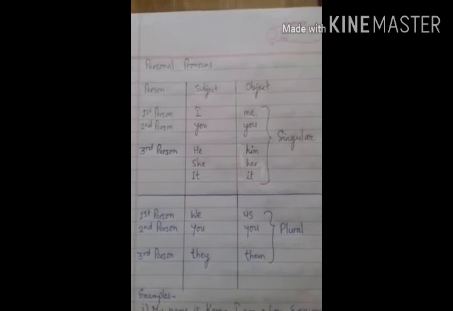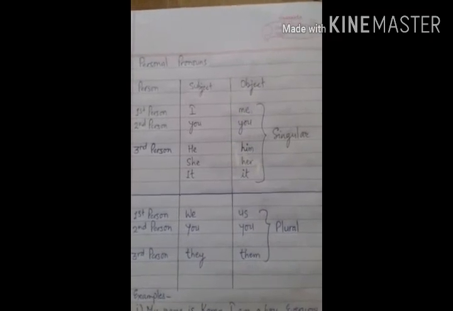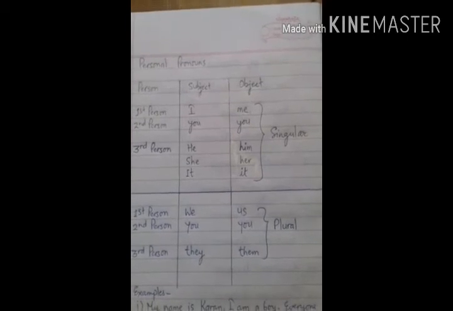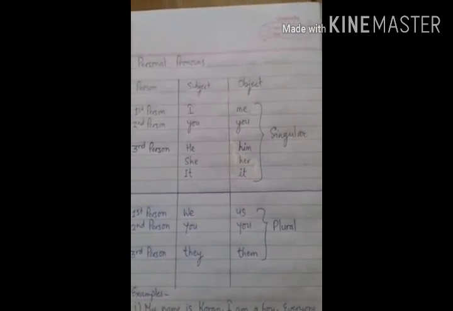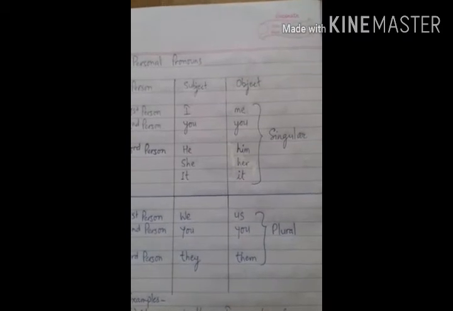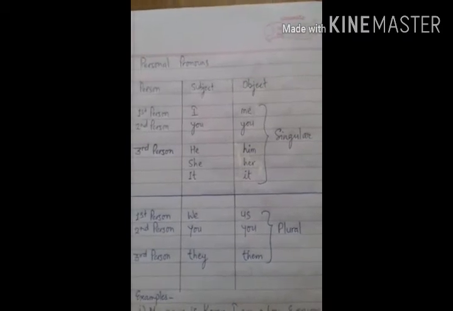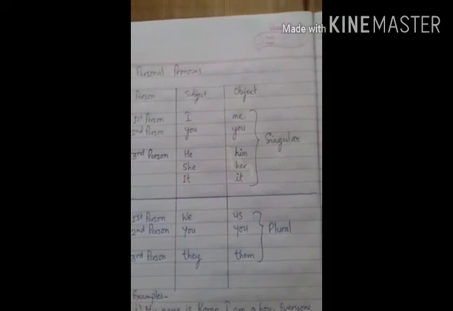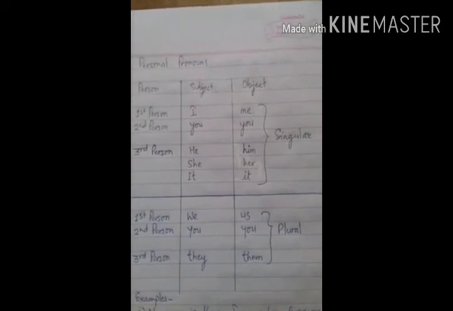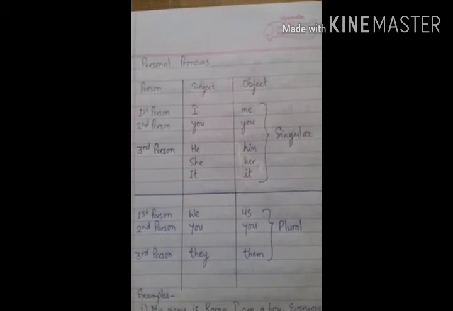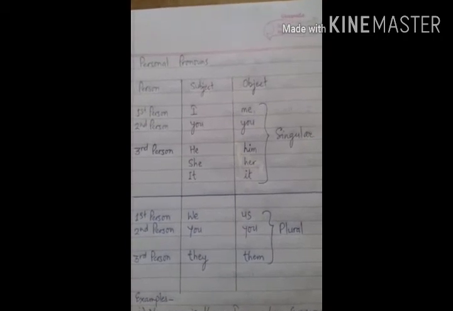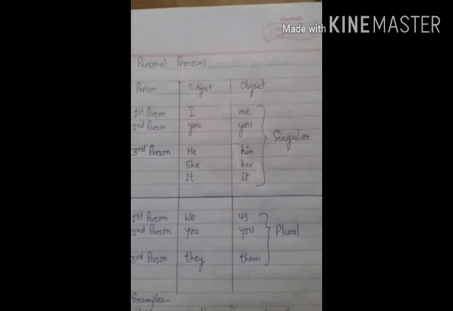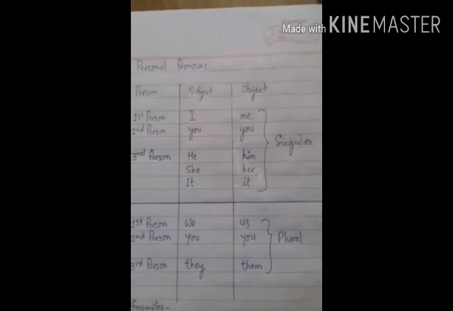In the same case, if the person about whom we are speaking is singular and is a feminine gender, "she" is used in place of that feminine gender. So "she" is the third person singular subjective pronoun, and if I use that feminine gender as an object, it becomes "her". So "her" is the third person objective and singular pronoun.